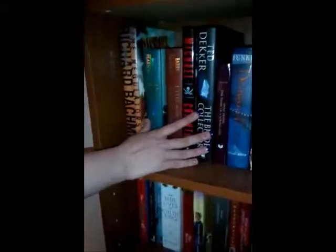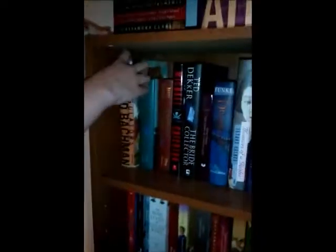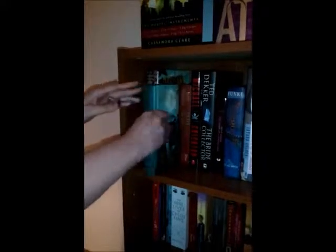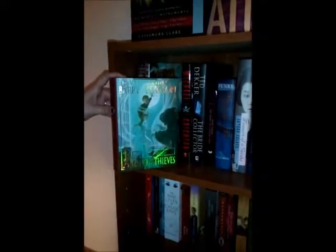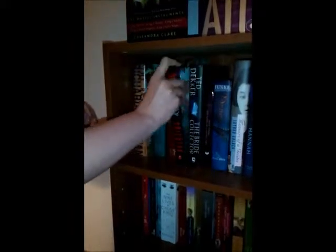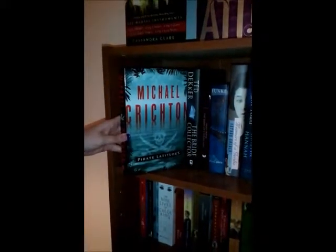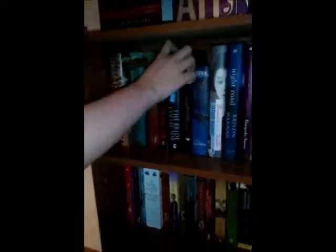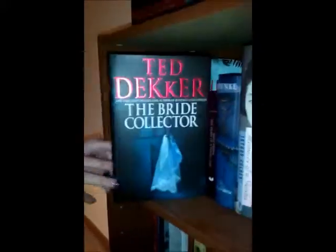Then I have these next organized by hardcover by author, softcover by author, and then my classics. So first of all, we have The Regulators by Richard Bachman, Peter and the Starcatchers and Peter and the Shadow Thieves by Dave Barry and Ridley Pearson, Pirate Latitudes by Michael Crichton, whichever way you say that, The Bride Collector by Ted Dekker,